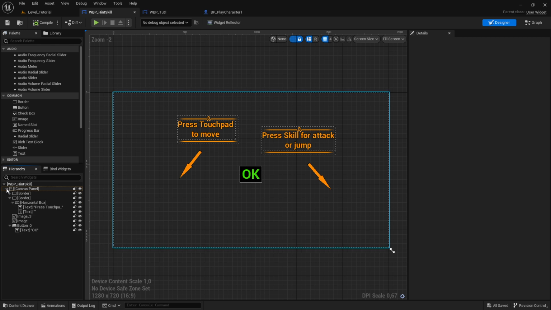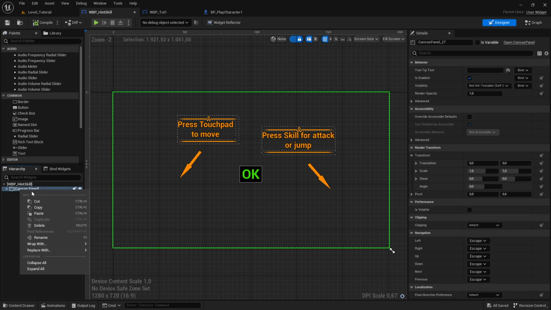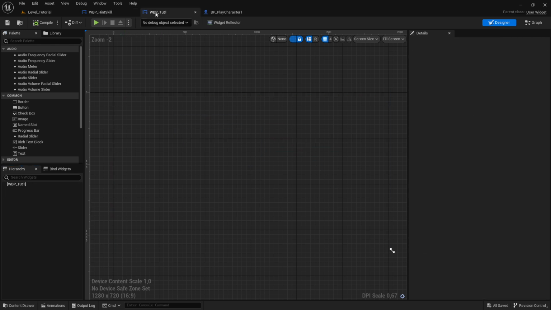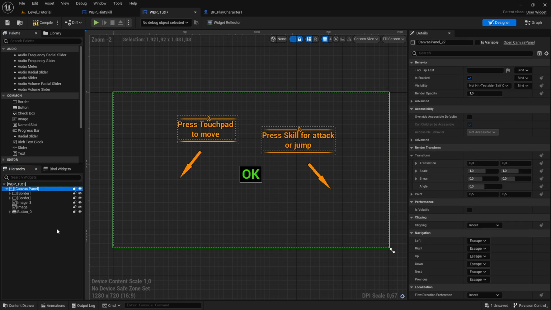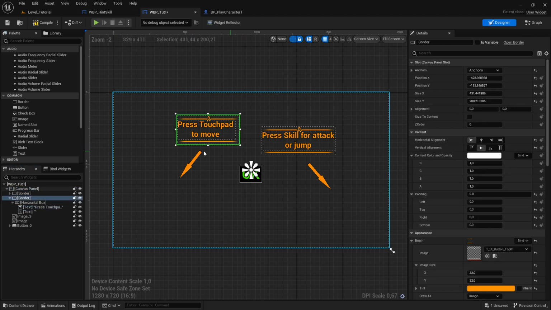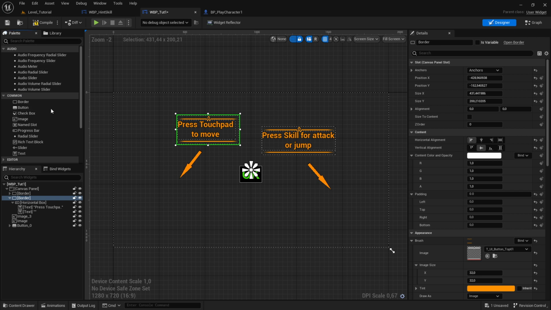I have already this one, so I make just a copy. Then I go here, select this one and paste. Now I have all. But what you have to do is, of course, when you start from scratch, here you go here on top. Here is your palette,